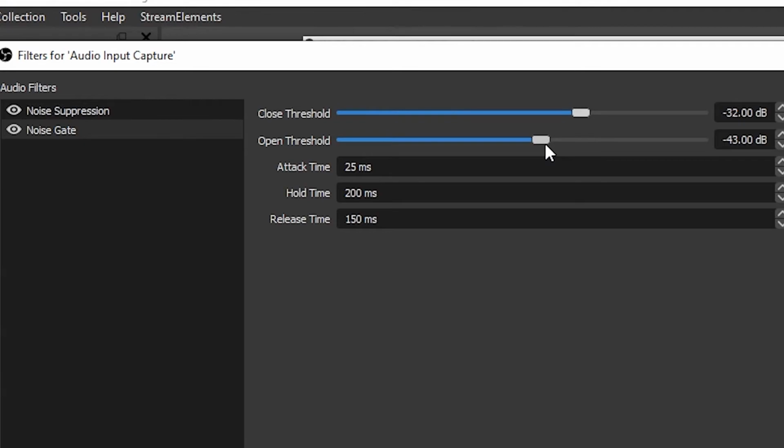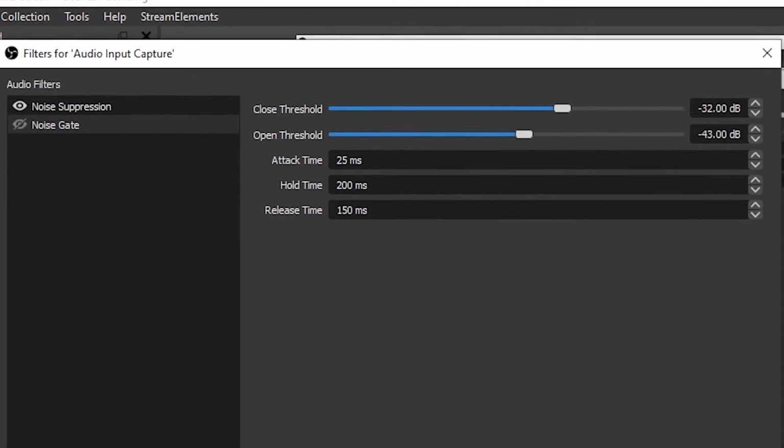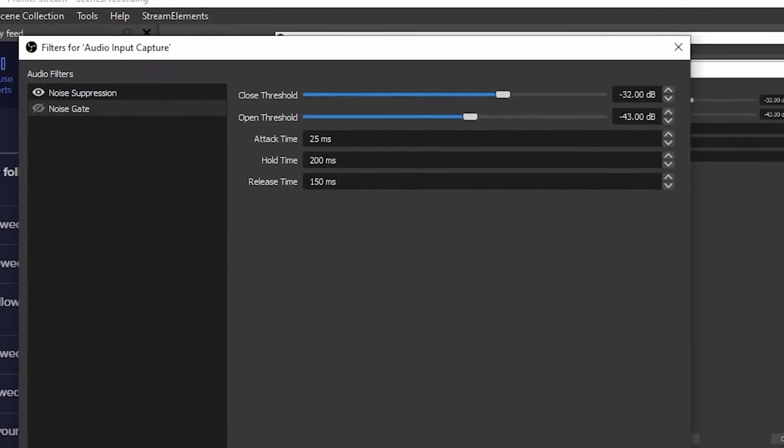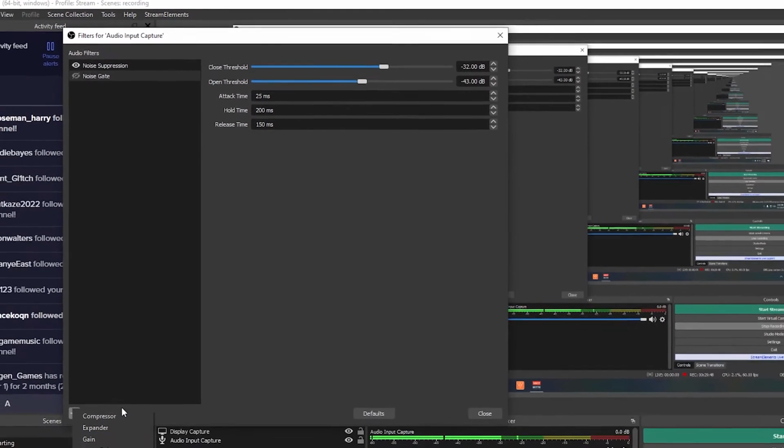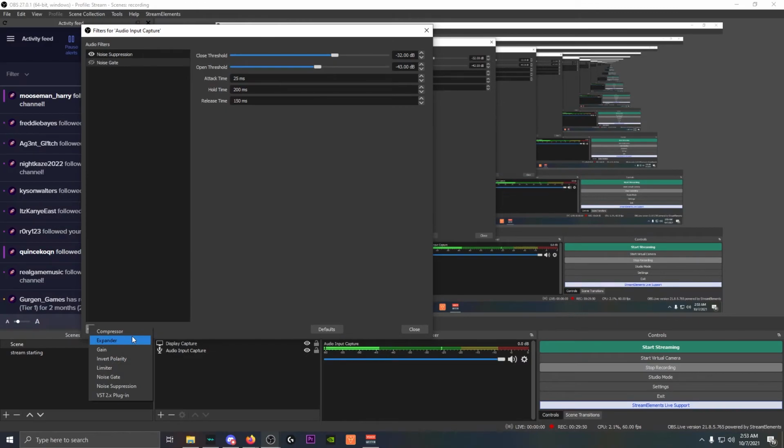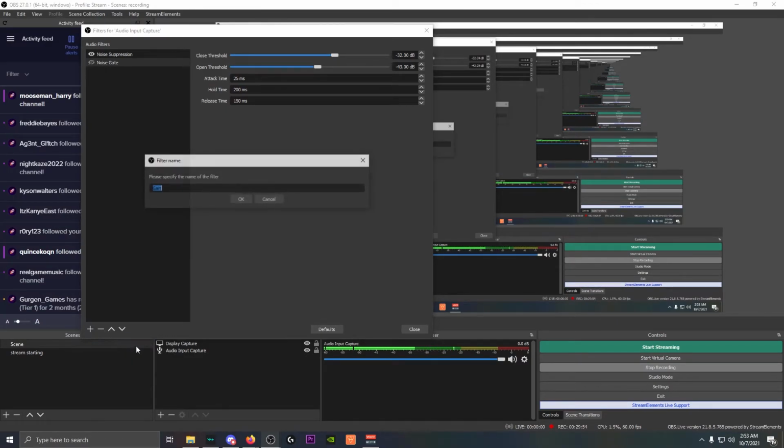It's honestly the only one that I use normally is noise suppression. I don't use any of the plugins. I don't use a limiter, invert polarity, gain, expander, compressor. If your microphone is very quiet, you might want to use a gain,